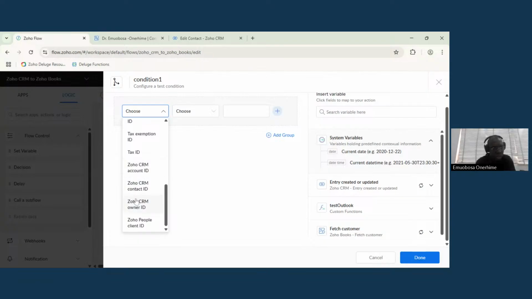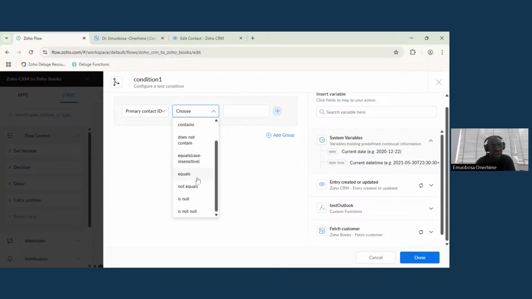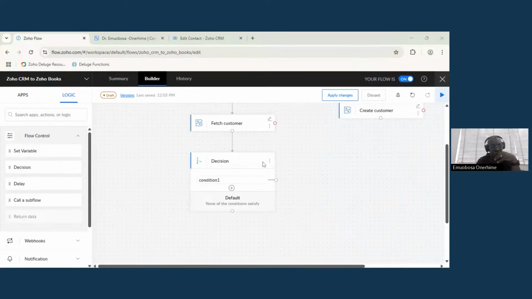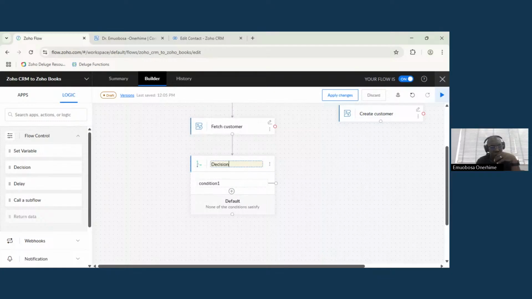Now, this is not a safe thing to do, the Zoho CRM ID. You don't want to do this. So just focus on primary contact ID. And then we're going to say it's not equal to none. It's not equal to null. So if it's not equal to null,